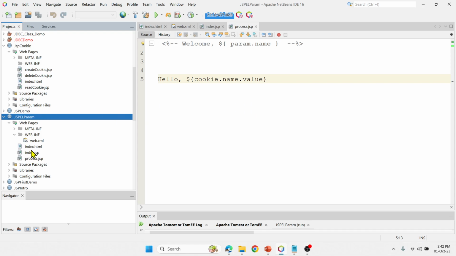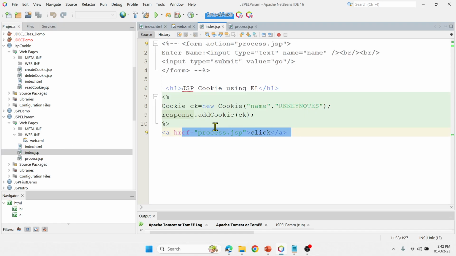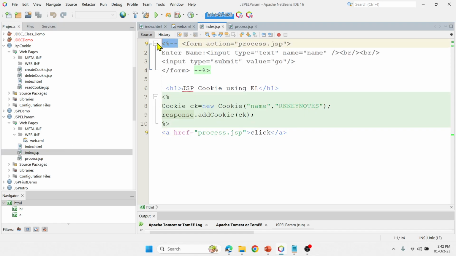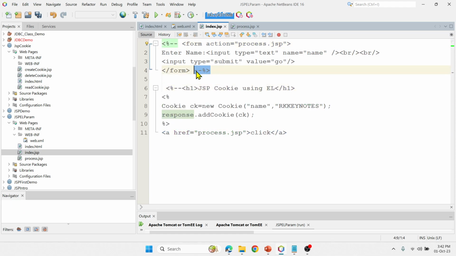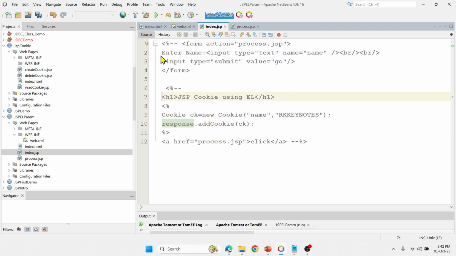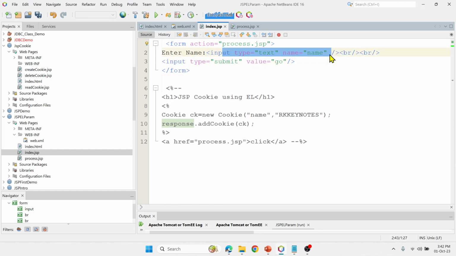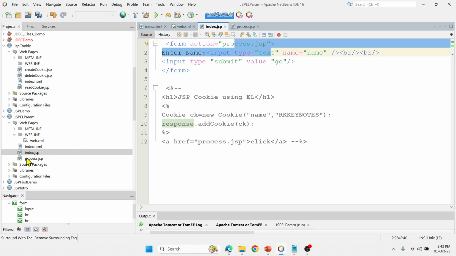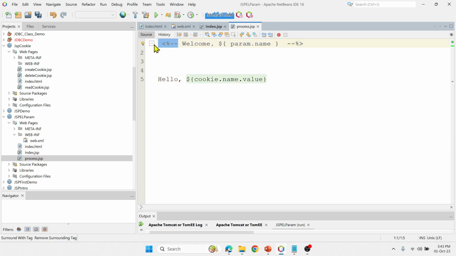Fine. So similarly, in index.jsp, I have one more example for you, that is to demonstrate the parameter. So I'll just run the same code for you. Just a minute. Let me just do this. Okay, now you can see that again I have a text field and a button, and the moment I click the button, it should go to process.jsp. In process.jsp, what I got is just I'm using this